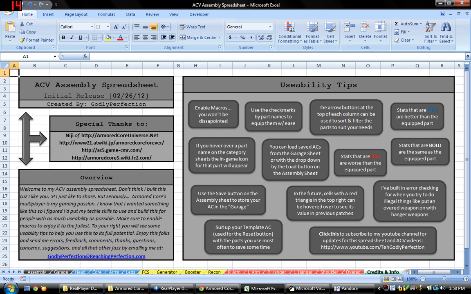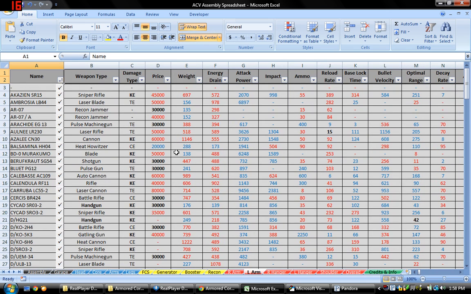Save, hover for picture. Oh, in the future, a couple days ago, or let's say Friday in the States, they put out a new patch which tweaks a whole bunch of parts. I'm not going to get into that, but this sheet actually has the initial release stats. I haven't updated with the new patch yet, but when I do, what'll happen is we'll say, let me sort